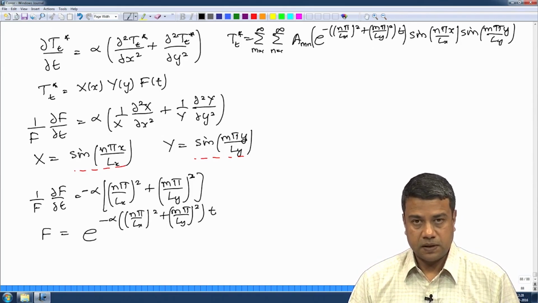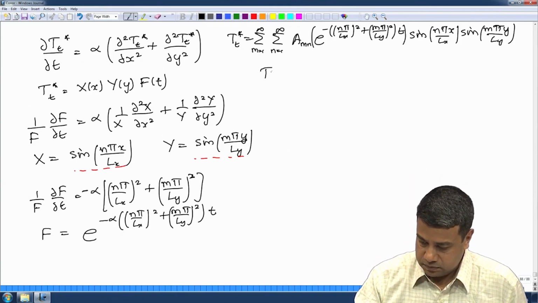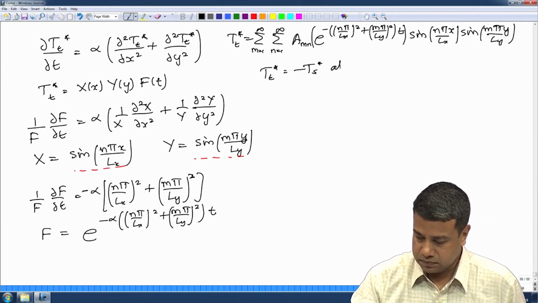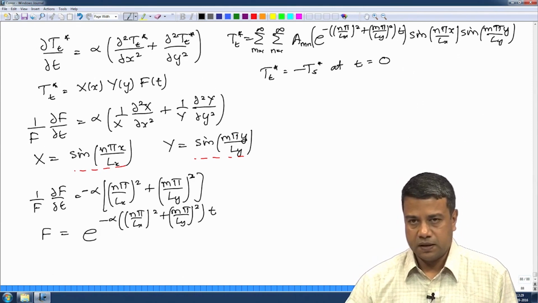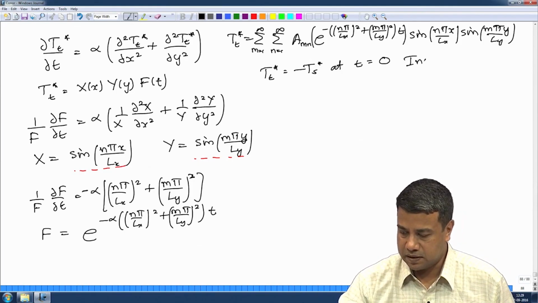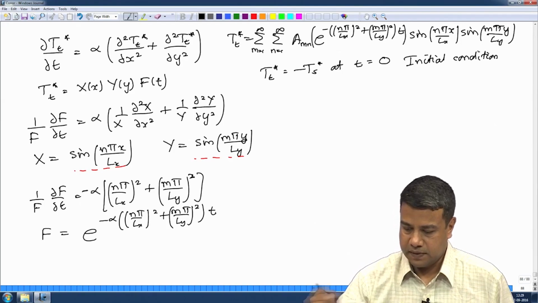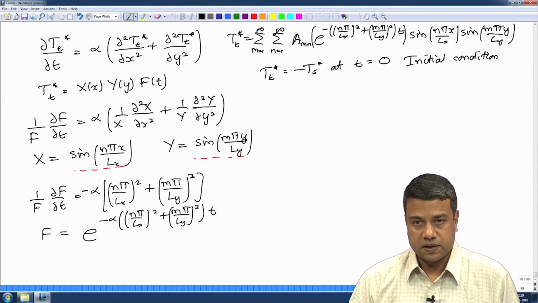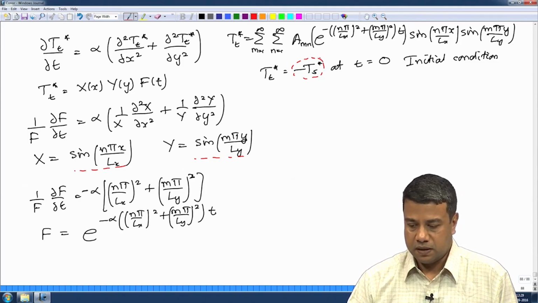How is the constant determined? That is determined from the initial conditions. That is the initial condition. The solution as it is already satisfies the boundary condition. So, this is determined from the initial conditions. How do I enforce this initial condition? I already know what is the steady solution. Therefore, I have